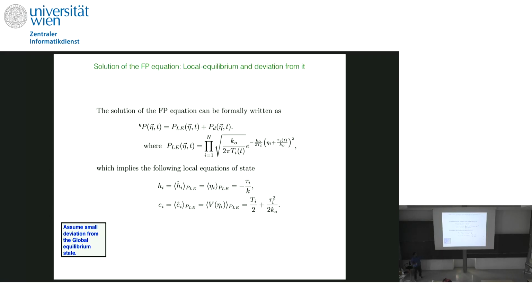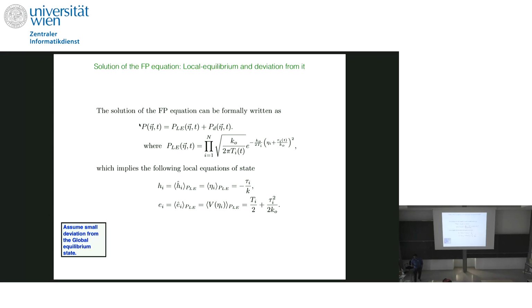To answer this question, since I have a slowly varying local equilibrium picture, I expect that it will remain a slowly evolving local equilibrium picture, because you start with a slowly varying local equilibrium, characterized by average values of the conserved fields. So I write down the solution in this form, local equilibrium distribution plus a deviation. The local equilibrium distribution looks almost similar to the global equilibrium distribution, except that at each site you have a Ti field and a tau I field, the temperature field and the pressure field. And you have these local equations of state.